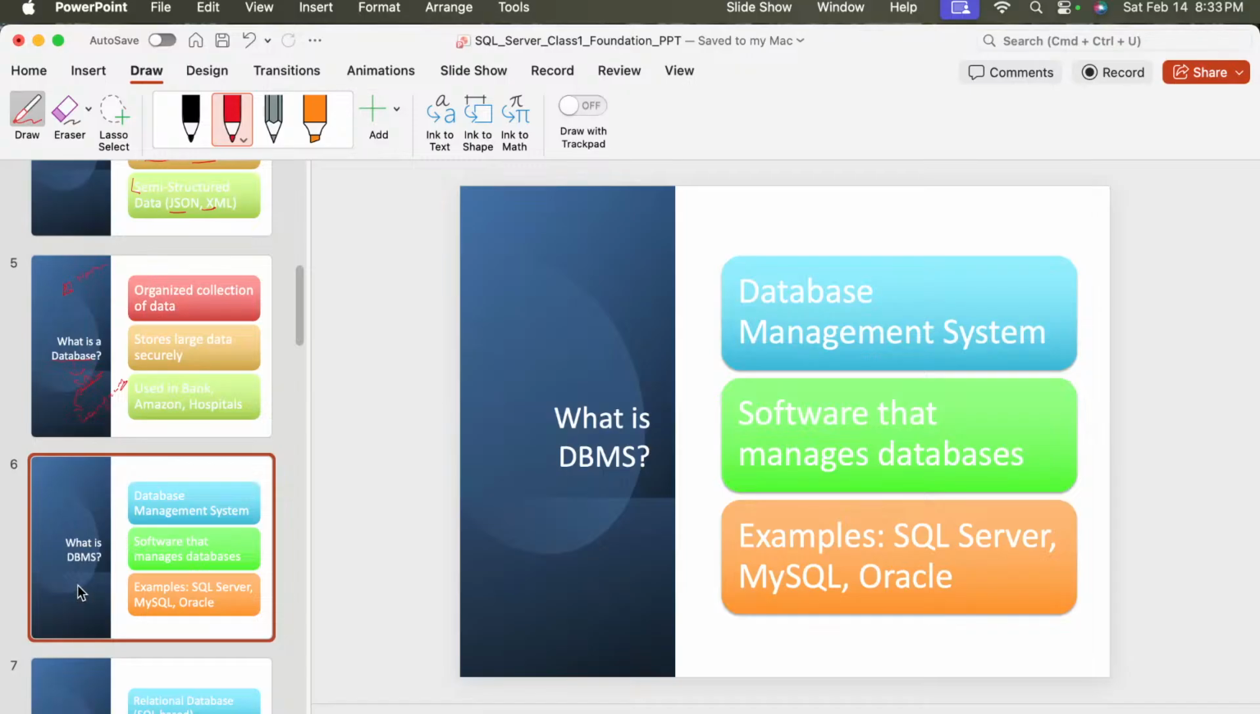डीबीएमएस क्या होता है एक्चुअली? So DBMS, what is a DBMS actually? So DBMS, database management system, which is a software that manages the database. Example, MySQL Server, Oracle, these kinds of things are called the